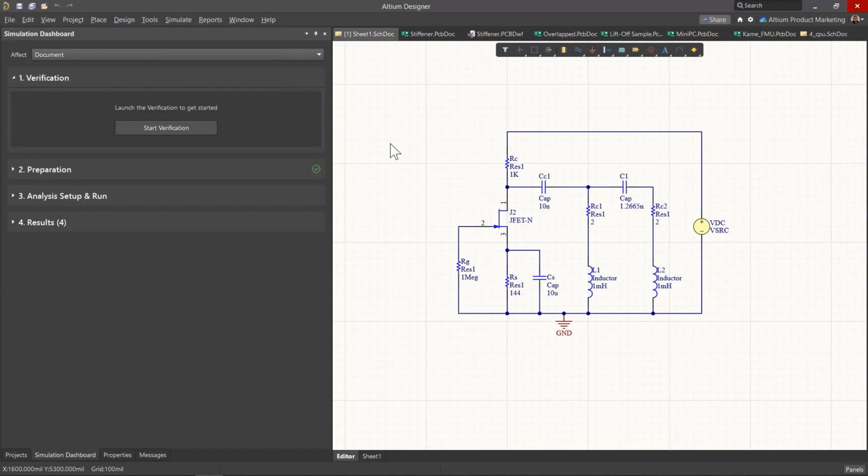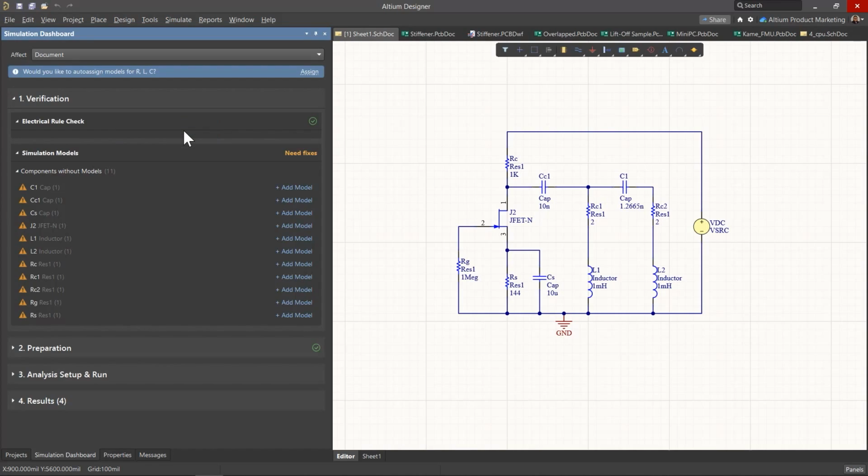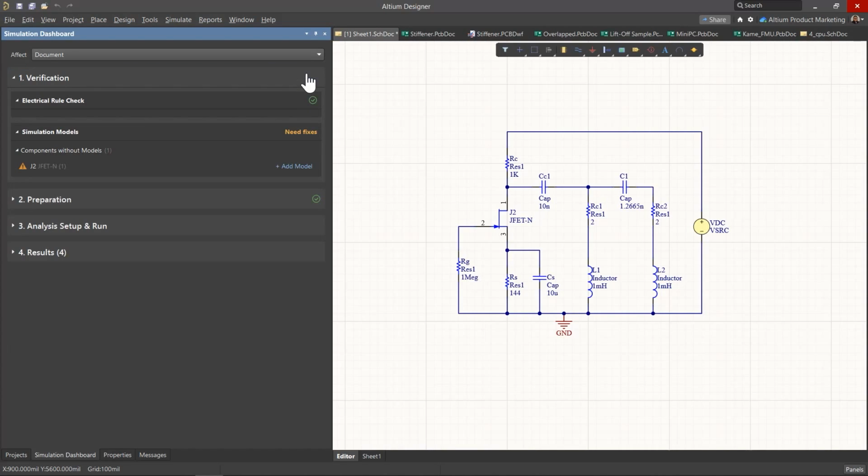So as we talked about, the simulation dashboard allows you to have a guided setup. We're going to start here with the verification of the design. As soon as we do that, it does an electrical rule check and it checks for all your simulation models. As you see here, we are missing models for everything, but as we mentioned, you have the ability to apply generic models. So you see here, it says, would you like to auto assign models? So I can simply click assign and update the verification, and we see that all of the models have been